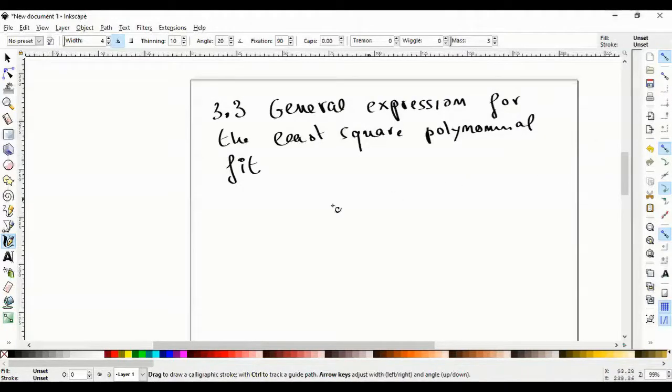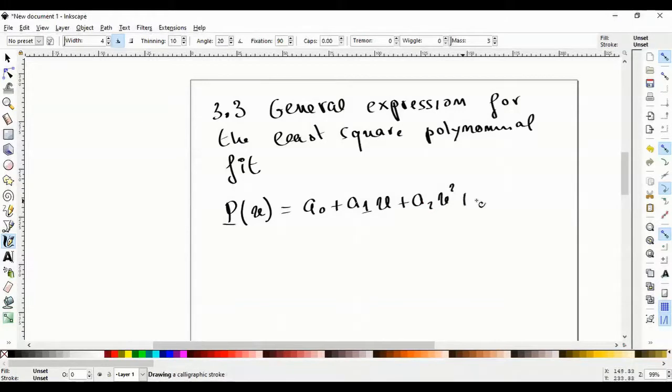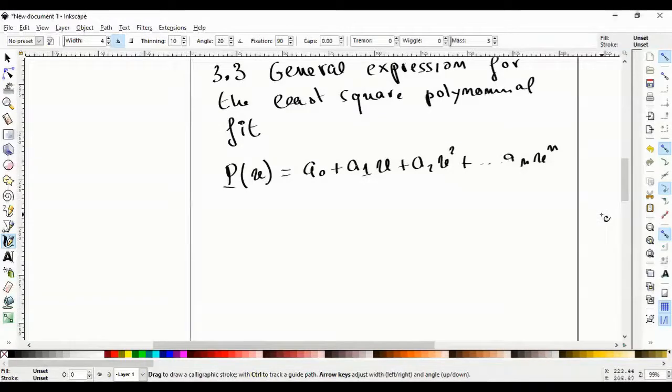Okay, so now for a polynomial of any order, if we use polynomial p of x, so a0 plus a1x plus a2x squared plus an xn. So if we want, of course, the order of polynomial must be inferior to the number of points minus 1. Okay, so we want to find a0 and